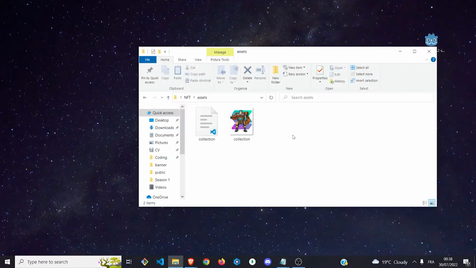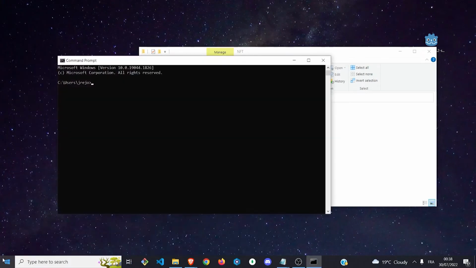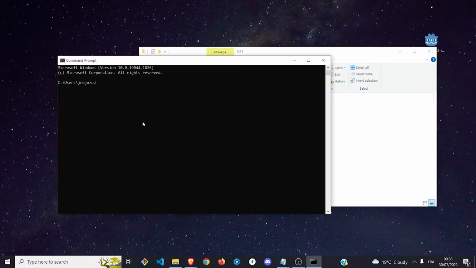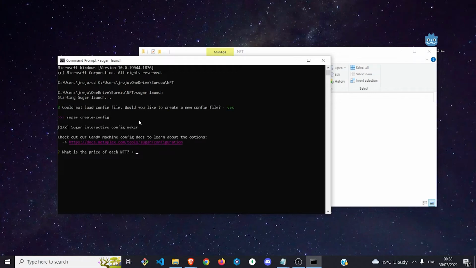And so now we can finally start the config file. So we're back to the NFT folder. Let's open a command line, and then we'll cd into that folder. So I'm just copying this path and then doing cd to this path, and we're in the NFT folder. And then let's do sugar launch. And it says we don't have a config file. Well, let's create one. I'll press Y for yes,